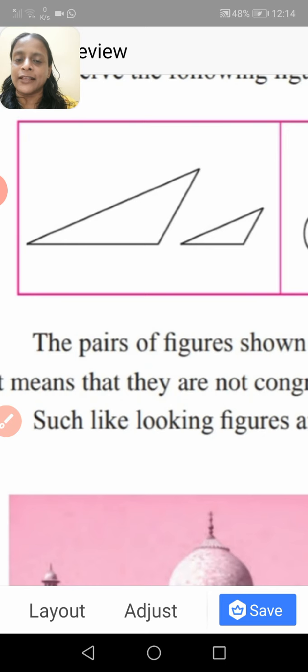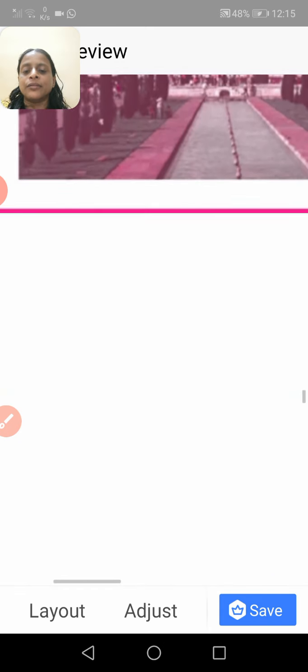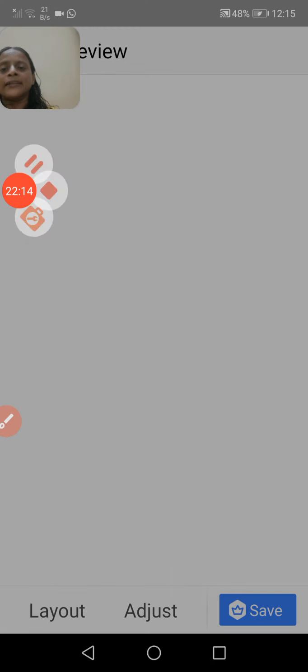That is the first concept. Here it is not like that. It looks similar, only the angles are equal but the sides are proportional. Okay. What is the meaning of similar triangles? Two triangles in which the ratio of the corresponding sides is equal are known as similar triangles. So you can go through the example problems and all other things.